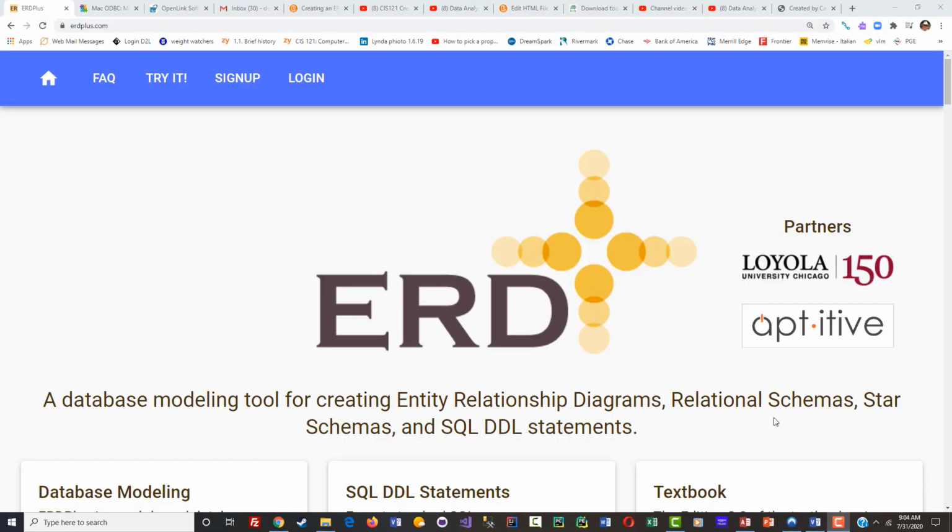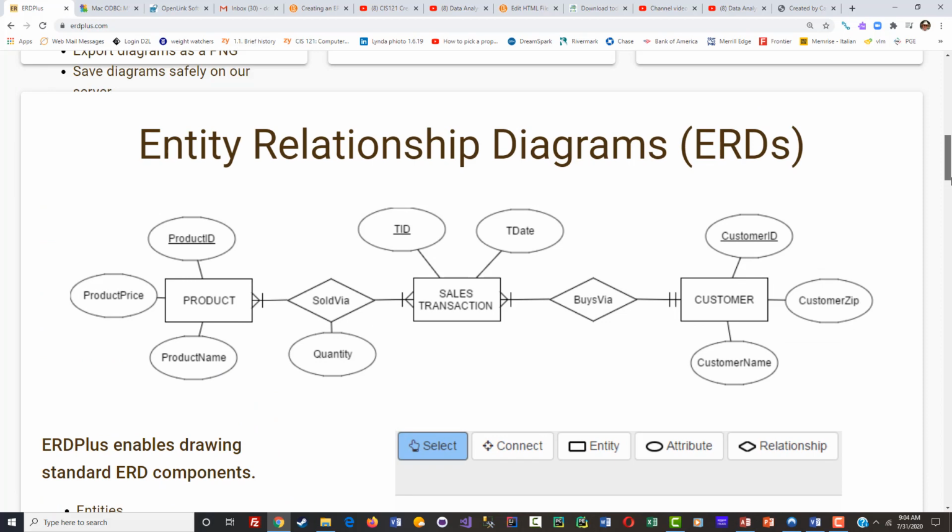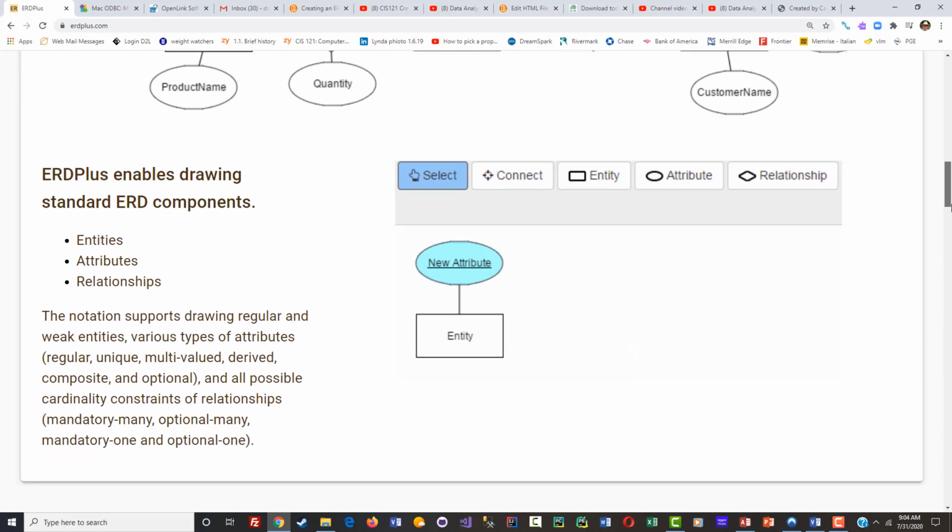This video will discuss how to create an entity relationship diagram using ERDPlus. So you just have to type ERDPlus into the search window up here, and ERDPlus will come up. If you want a quick reminder about how to use it, you can go down to where it says Entity Relationship Diagrams, and it will show you how to use